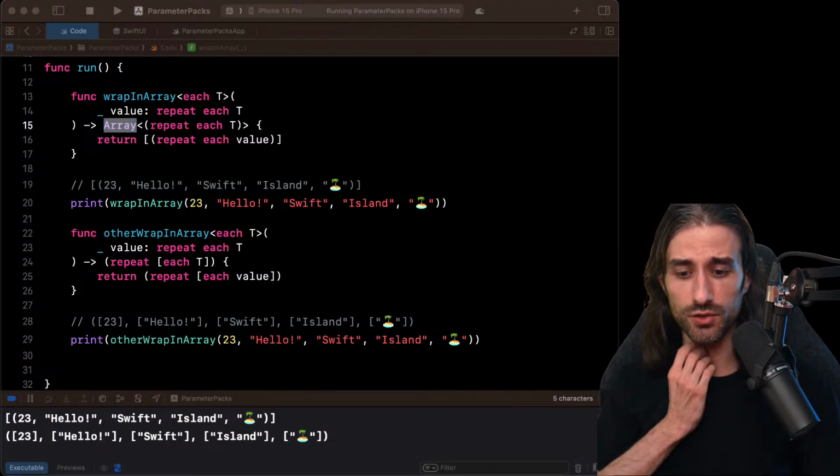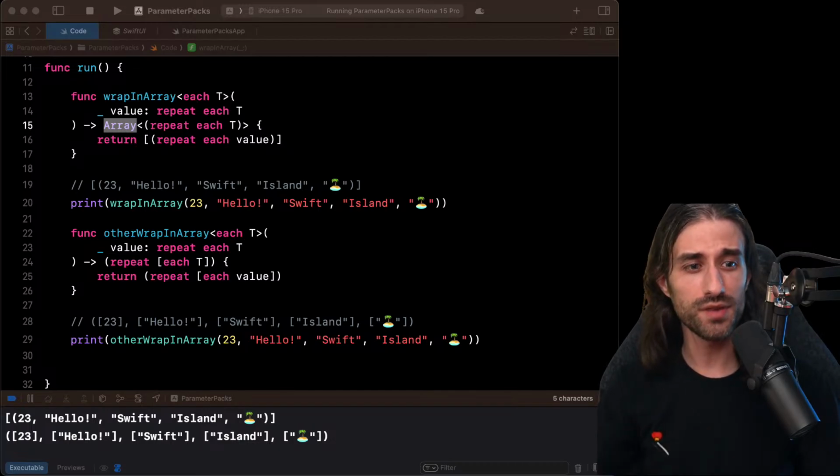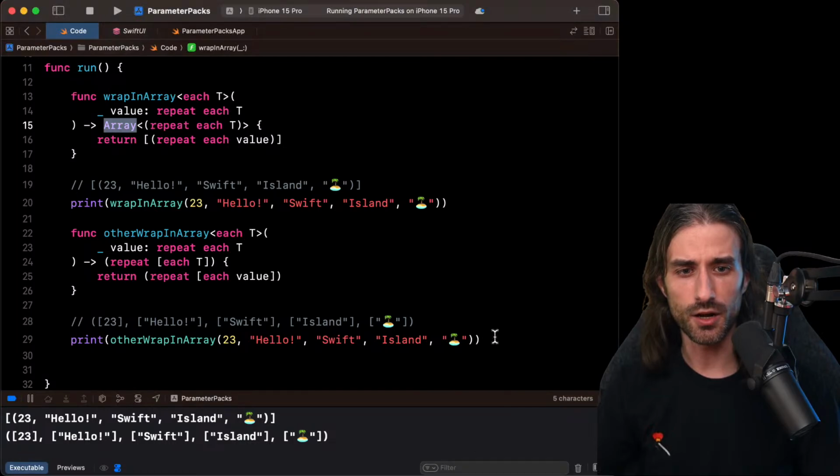But we are not going to stop here, because now we're going to use parameter packs with generic conformance. Kind of like what we saw briefly with SwiftUI at the beginning, because SwiftUI was using a parameter pack, but with the condition that each type in the parameter pack had to conform to View. So we're gonna try and implement something similar.